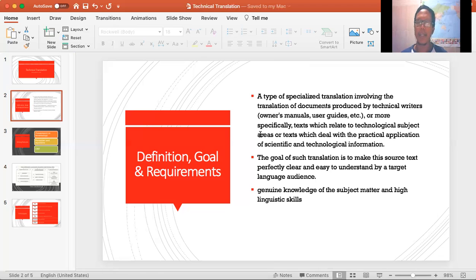So if you translate manuals in the field of machinery, then you need to immerse yourself. Maybe you have to learn a lot about that subject matter so that you have sufficient knowledge to start with. It is actually easy to test whether you have good knowledge of the subject matter. Maybe you just need to read an article about that subject or industry, or maybe you need to involve yourself in a conversation with people